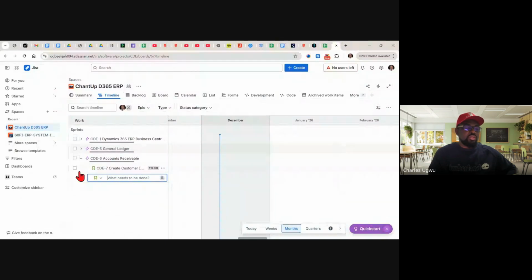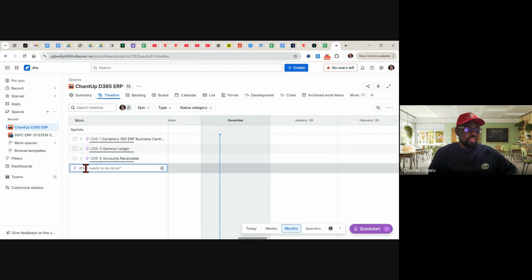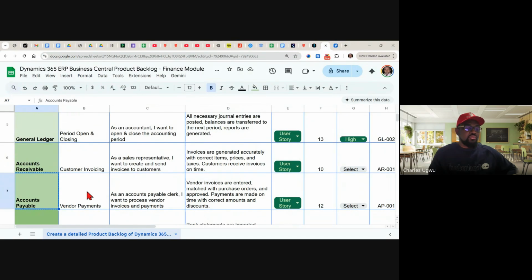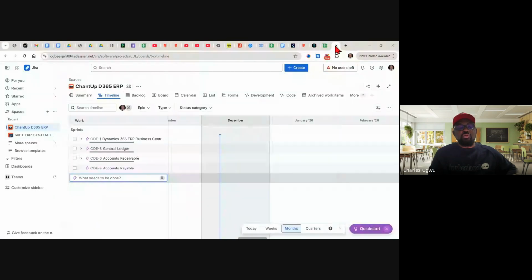So we've created this, and on the account receivable, we'll create another epic here, and we'll save. And what do we have on the account payable? Vendor payment. Yeah, we'll move vendor payment here.